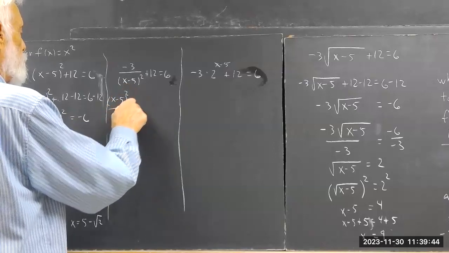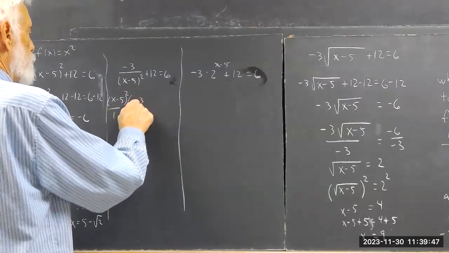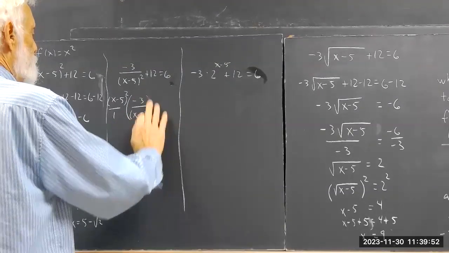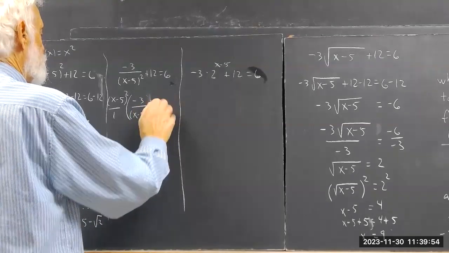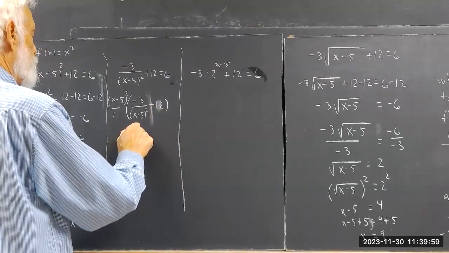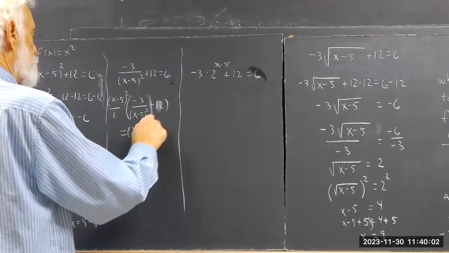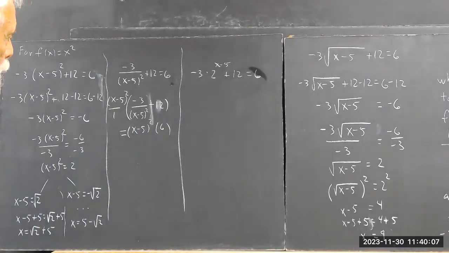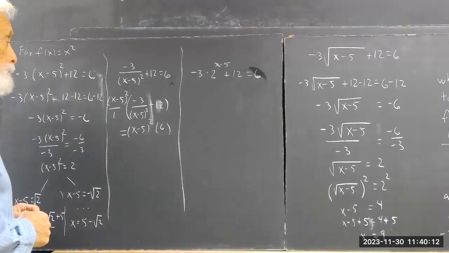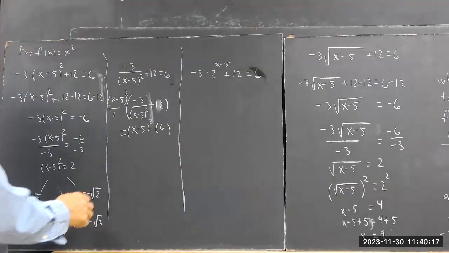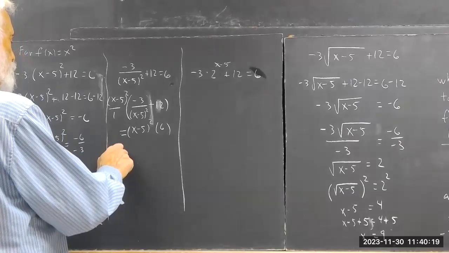So we're going to have (x minus 5) squared over 1 multiplied by negative 3 over (x minus 5) squared plus 12 equals (x minus 5) quantity squared times 6. Okay. Now I've multiplied (x minus 5) squared by both sides. Now, this is going to give us